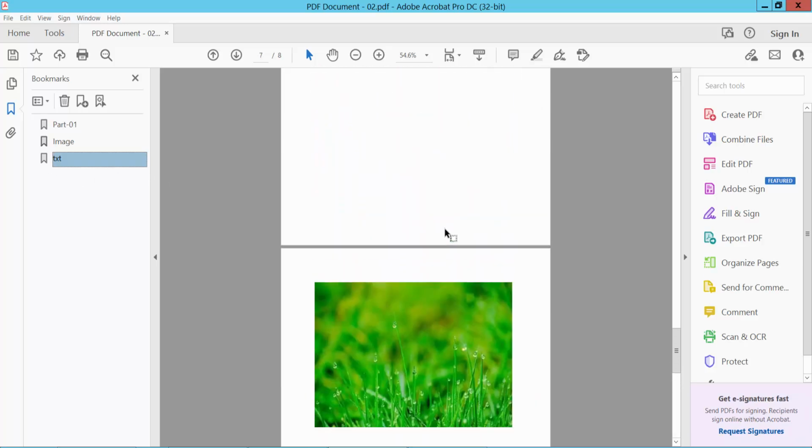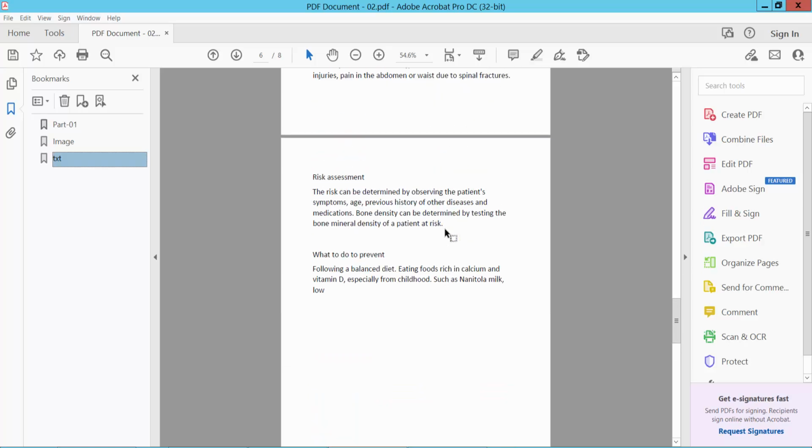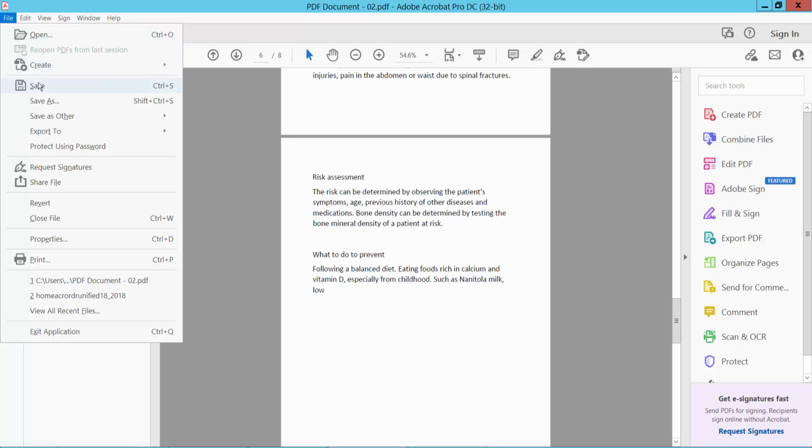In this way you can add as many bookmarks as you want, and finally select this file option. Save or save as a